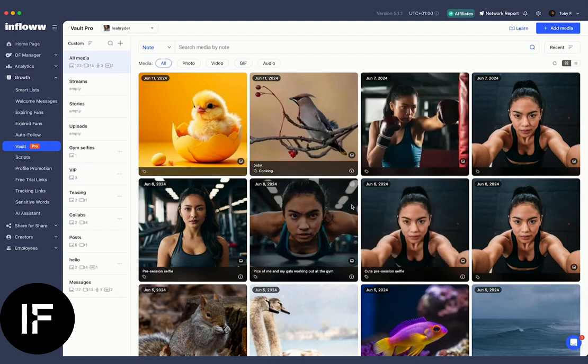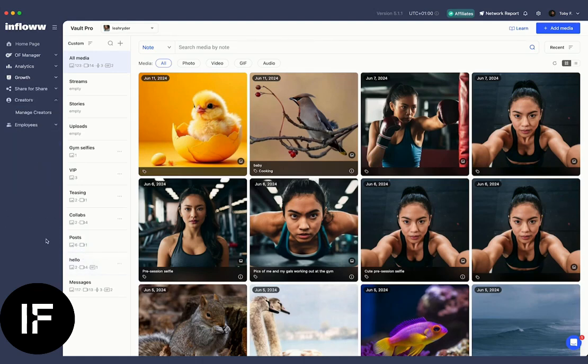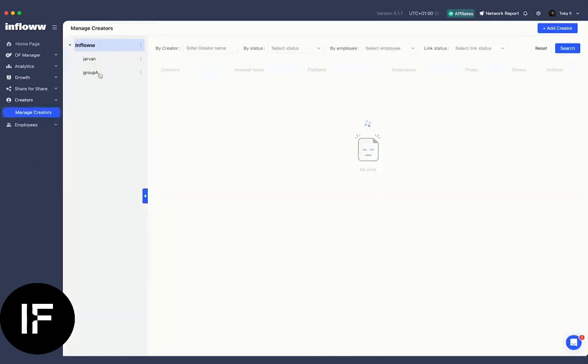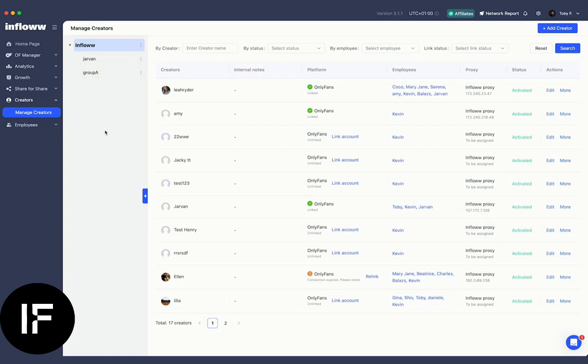And in the future, these tags are going to be used for a variety of different things, especially on the AI side. So it's definitely something we want to encourage you to use and make the most out of. In terms of other automations, you can automatically renew your promo links when they expire, which is something that a lot of people do to create urgency to get fans to subscribe. And then there's the basics, right? Which is basically adding creators here. You can create a hierarchy and group them together. You can link to accounts.